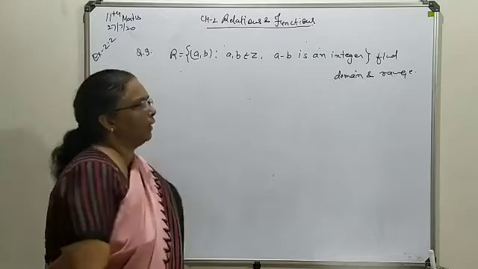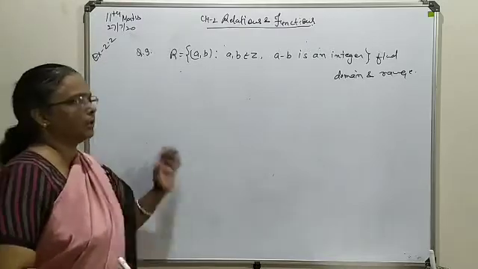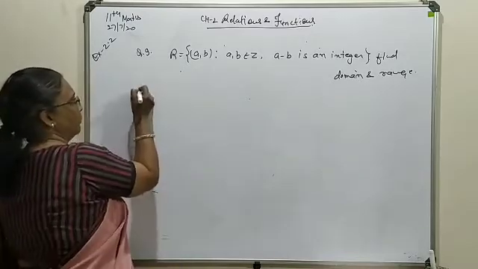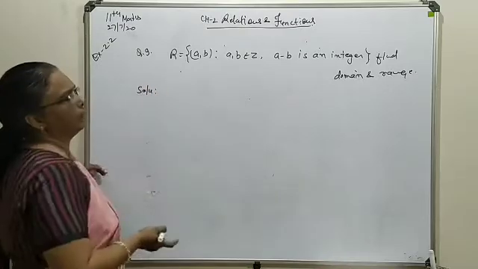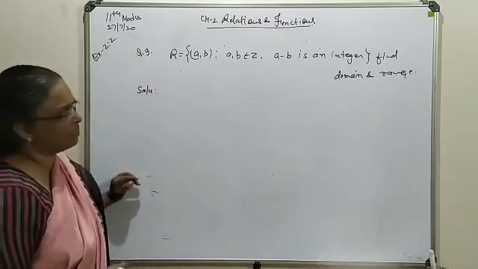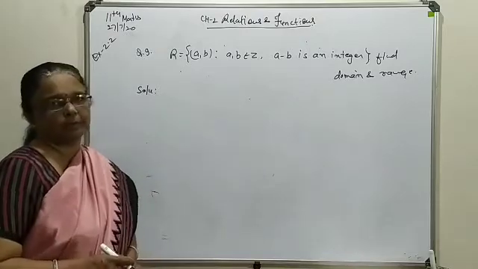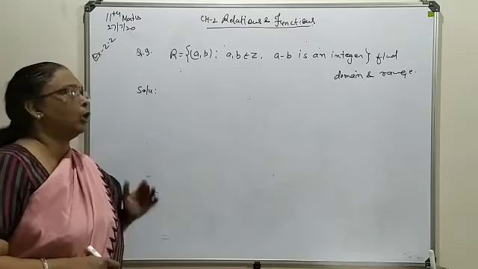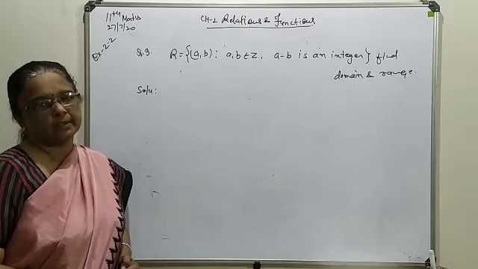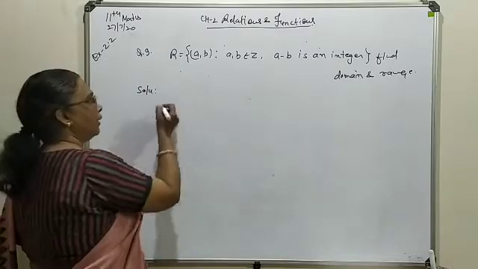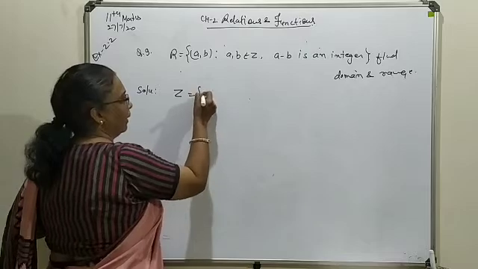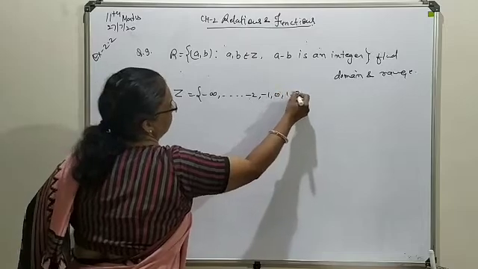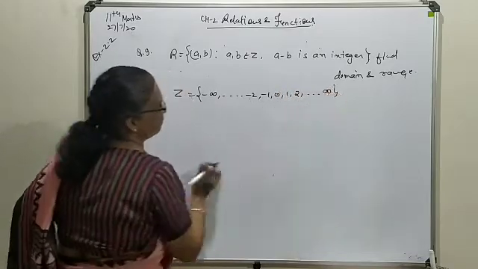Now here you can take any two values of A and B as an example, and then you can conclude about the solution. In order to write the solution, take some example values of A and B, and both are to be taken from Z. Z, the set of integers, we have already defined as carrying all negative values, 0 as well as all positive values. So Z contains elements, all negative and positive, up to positive infinity.